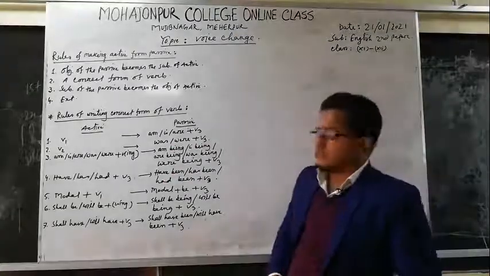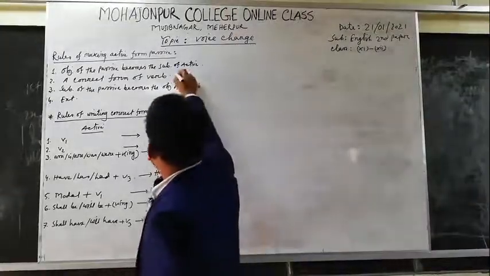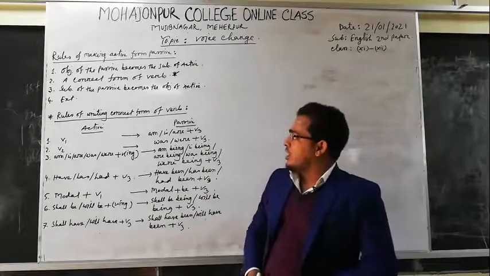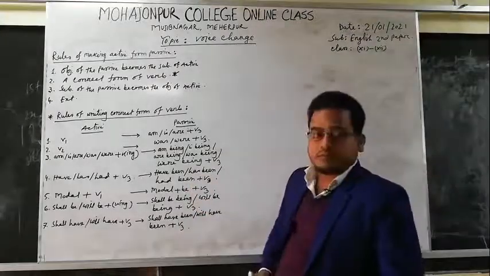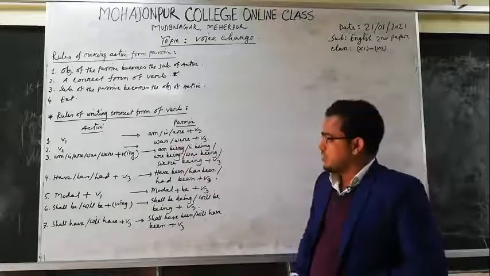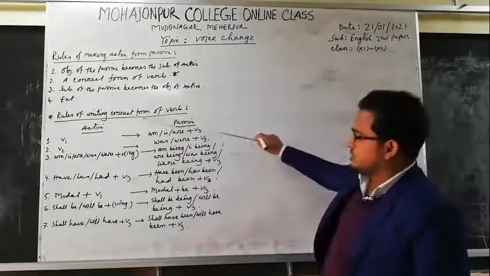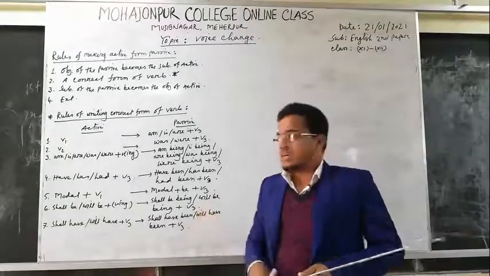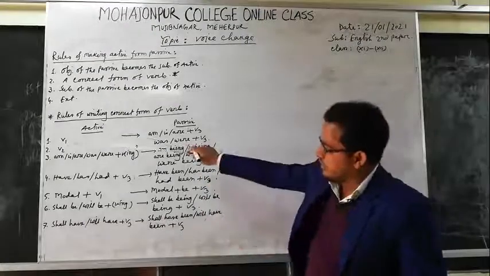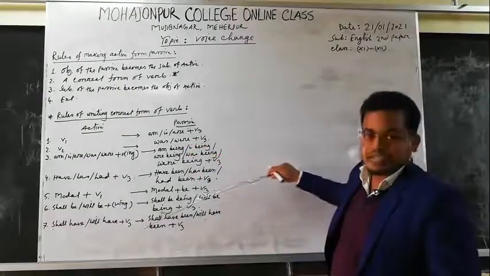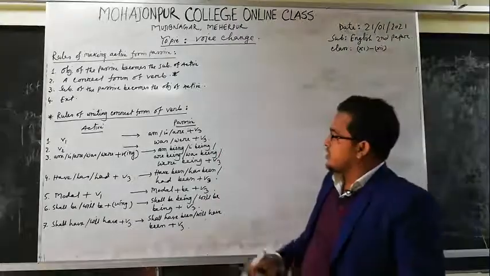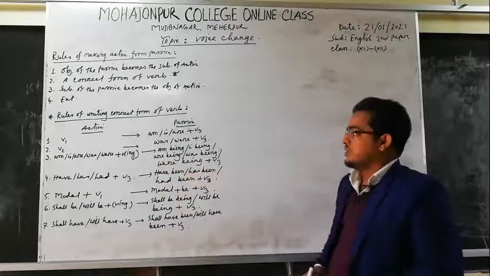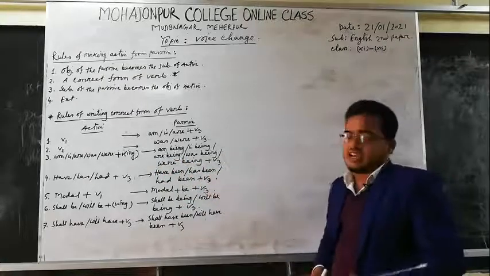Okay. Now, my dear students, there is a problem here at number 2, a correct form of verb. How can we make a correct form of verb here? For that, you have to memorize these rules. By noticing the auxiliary verb of the passive, you can make a correct form of verb, and for that you have to memorize all these rules mentioned here. Now, dear students, look at the rules of writing correct form of verb in an active voice.